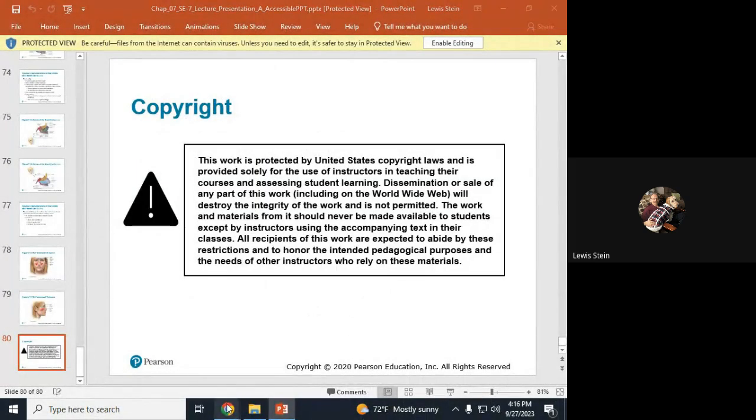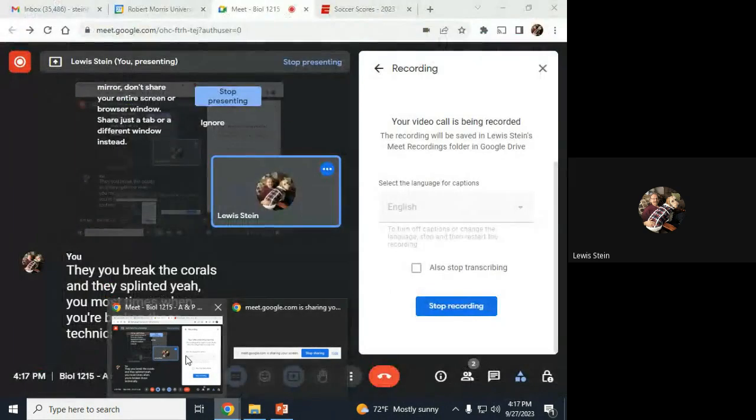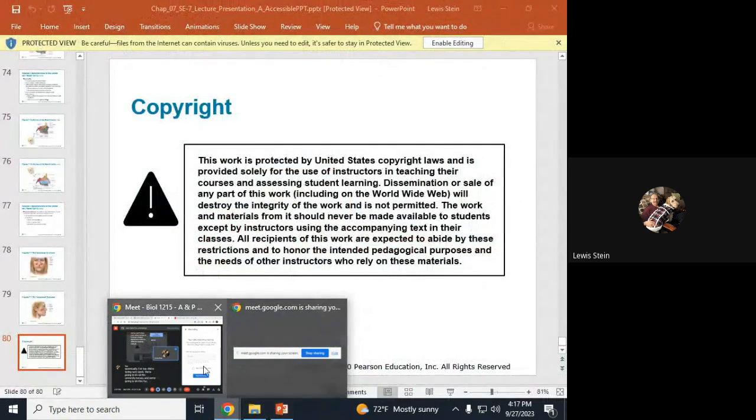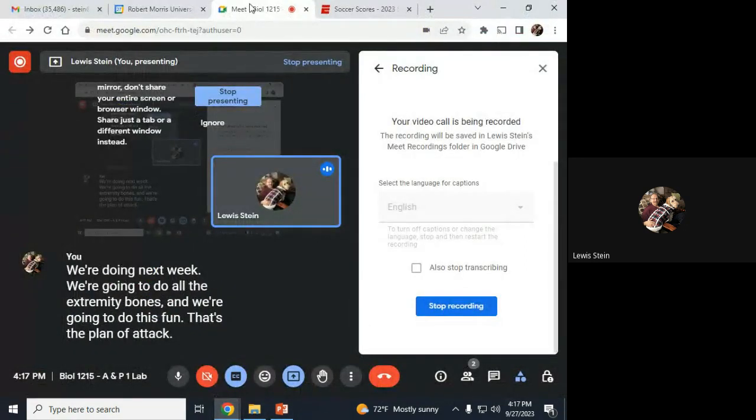Tomorrow, next week, we're doing. Pardon me? Next week, we're going to do all the extremity bones, and we're going to do the spine. Okay. That's the plan of attack. Is the spine called the vertebrae? The bones of the spine are the vertebrae. The spine is named for what sticks out in the back. That's called the spinous process. So you